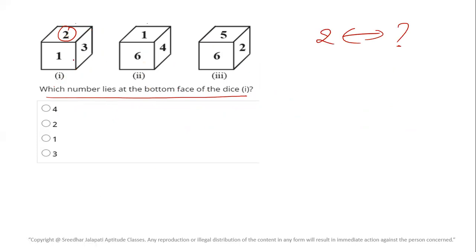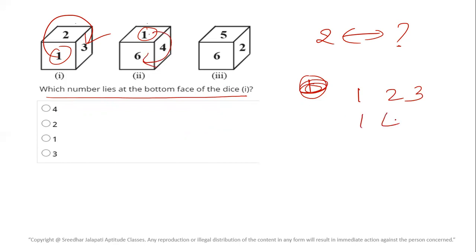Right? Okay. So here in first and second, what is common? One element, 1, is common. This is common. So from that, first dice with 1 as starting, remaining numbers in clockwise direction: 1, 2, 3. Whereas second dice with 1 as the common element, remaining in clockwise direction: 1, 4, 6. So clearly 3 and 6 are opposite, 2 and 4 are opposite. What is missing here? 5. So 1 and 5 are opposite.